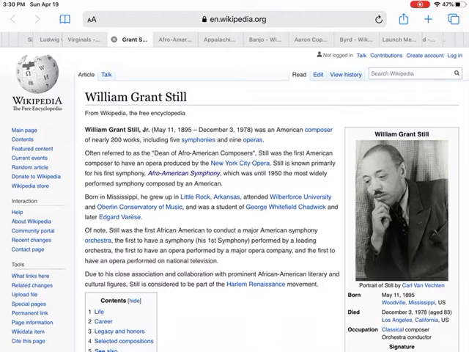His first symphony, the Afro-American Symphony, was premiered by a professional orchestra. So he was one of the first African Americans to have that accomplishment. And that's what we will be listening to today. One movement from that. So William Grant Still